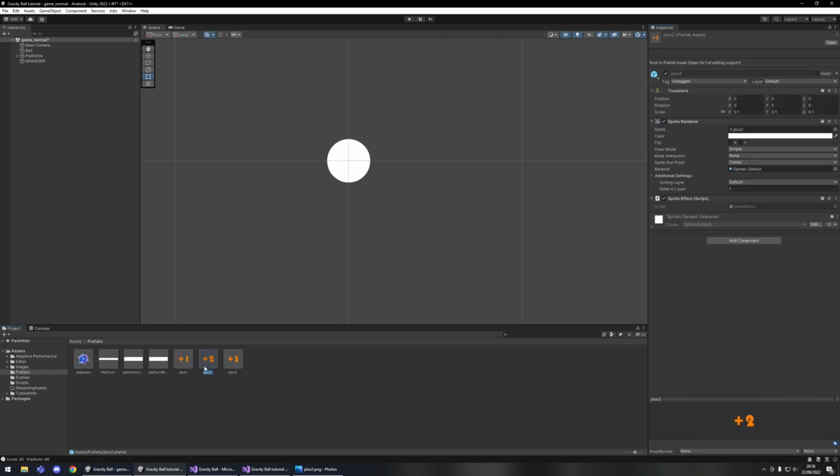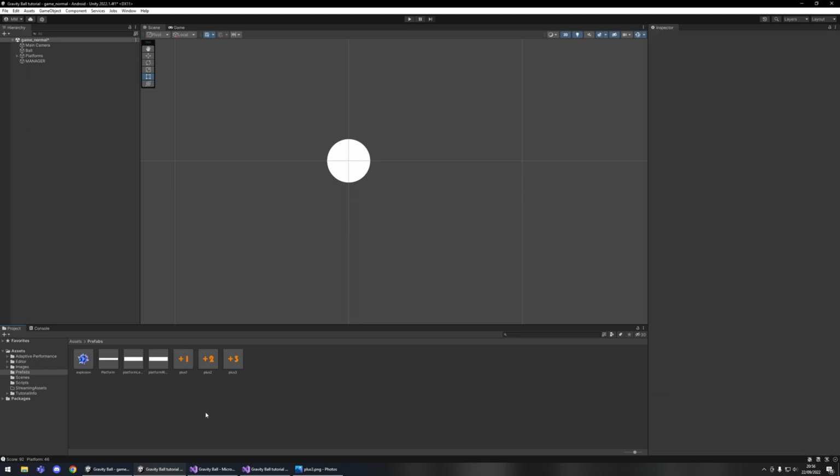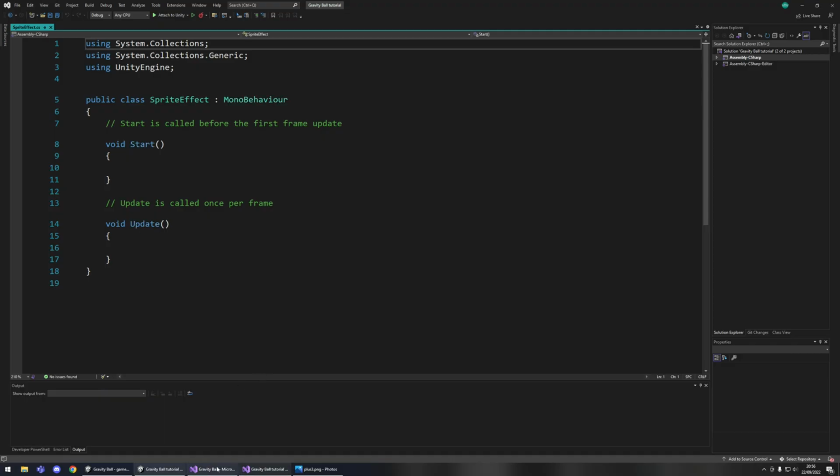Okay, double check. Okay, so we have all that stuff. We just attached a script to all the sprites called sprite effect. And that is, let me open an example. That is very